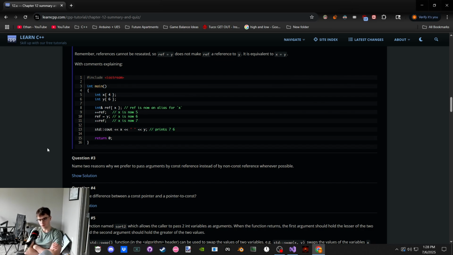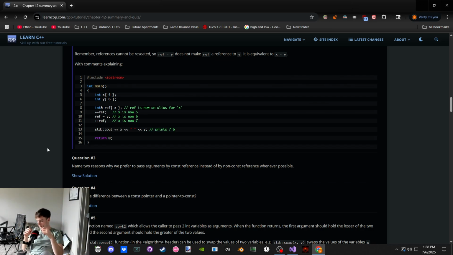Two, so we don't change it. If we pass things by const reference, everything can use the value cheaply, just like it could if it was a non-const reference, but we can't change it. So it's probably for safety, so we don't change the value. Two, we can also expand how many values we can pass, which now includes R values. What else? Const reference versus non-const reference. The difference is a const reference can now include R values, and it prevents us from updating. I think those are the two reasons, really.